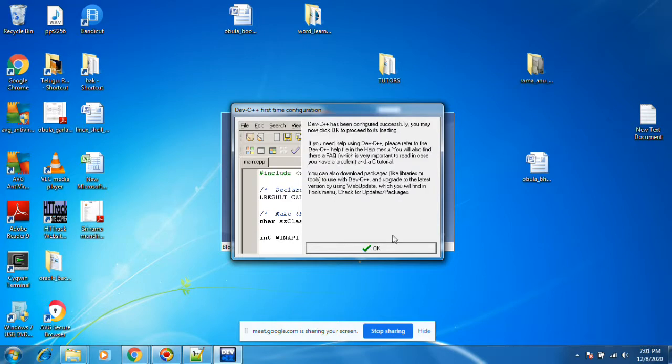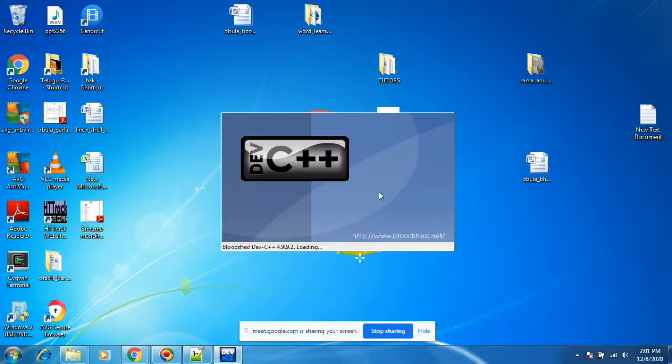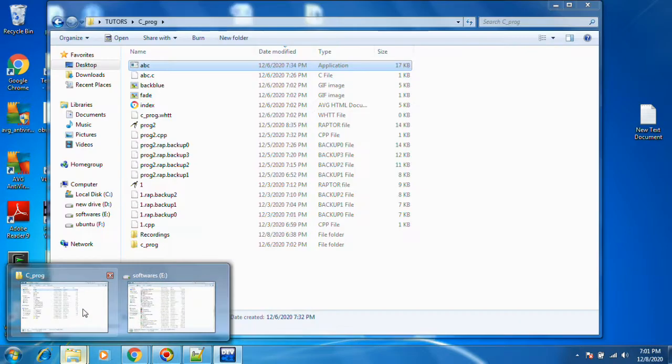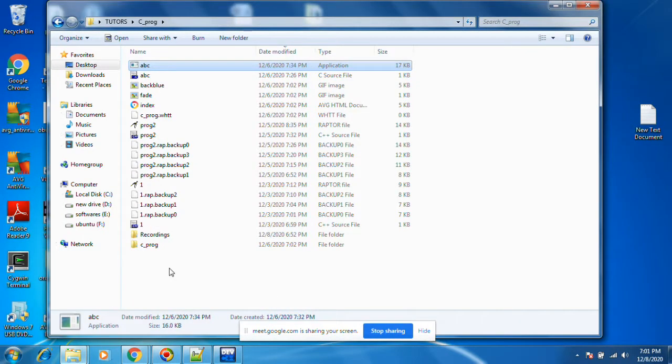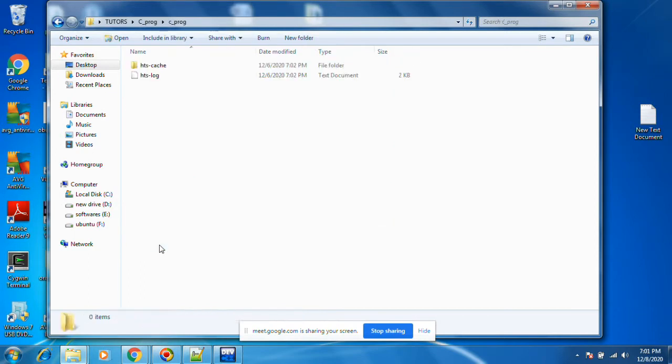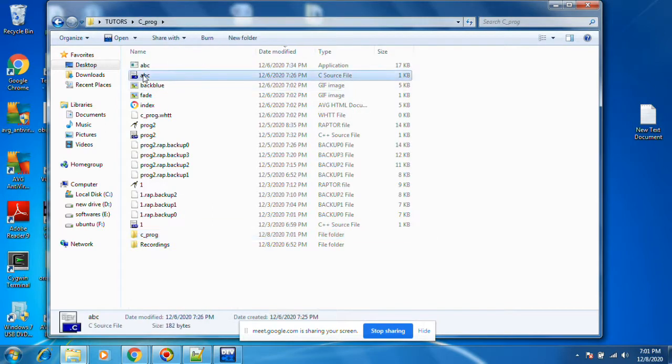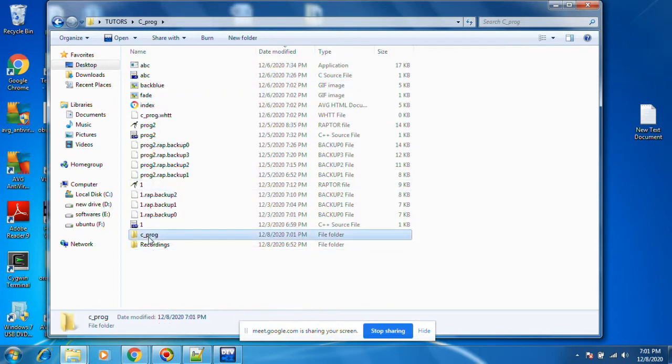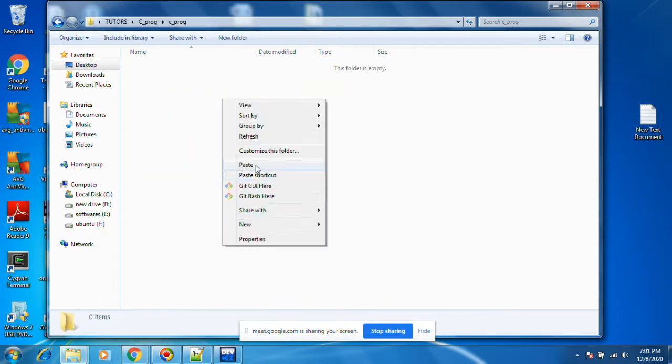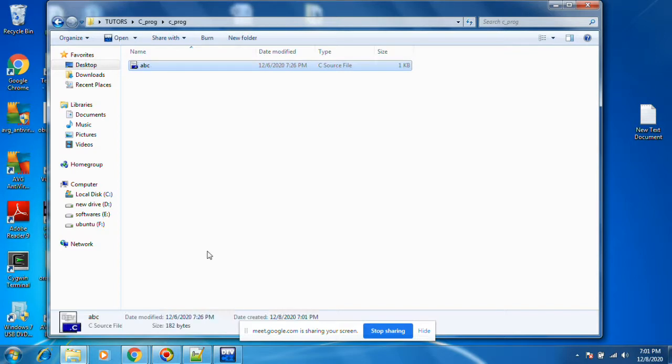Yeah, that first time configuration is done. Okay, now what I am doing, I am running this in this folder where nothing is there. I am running this program. What is this program?